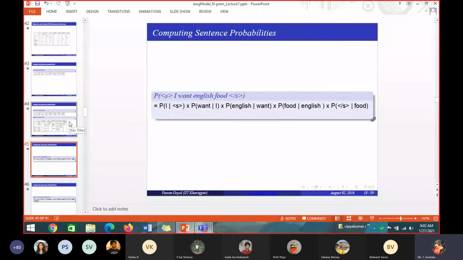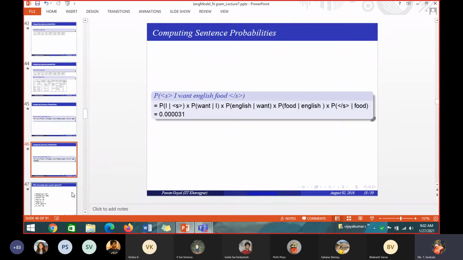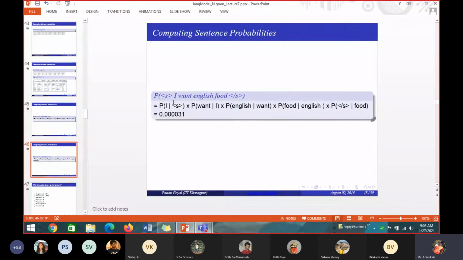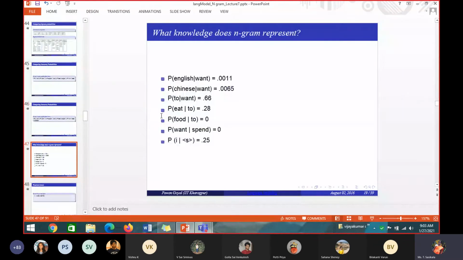There will be some probability you would have calculated, multiplied by this probability, multiplied by this, which gives the bigram probability for computing the sentence probability for the entire sentence. So they have taken some values, multiplied them, and got this value. You can assume that from this table, since the starting and ending of the sentence values are not given, they have given only the sample table. You can take it like this, multiply it, and you will have some values like this. This will give the probability for the sentence using the bigram, using the previous probability. So for any sentence, I can find the bigram probability.